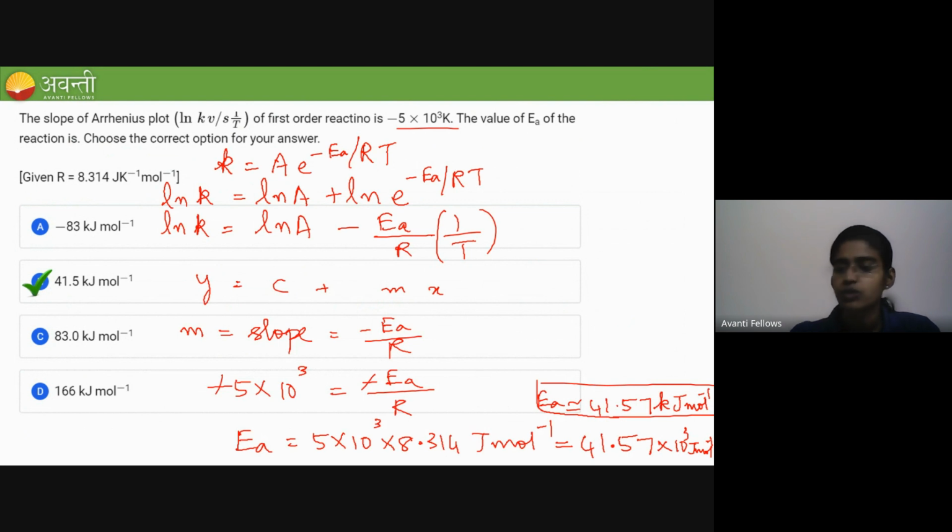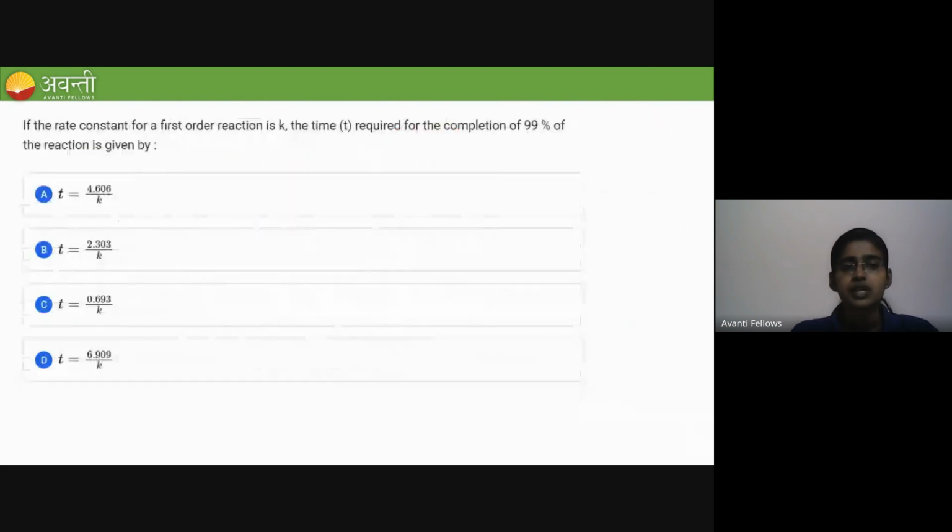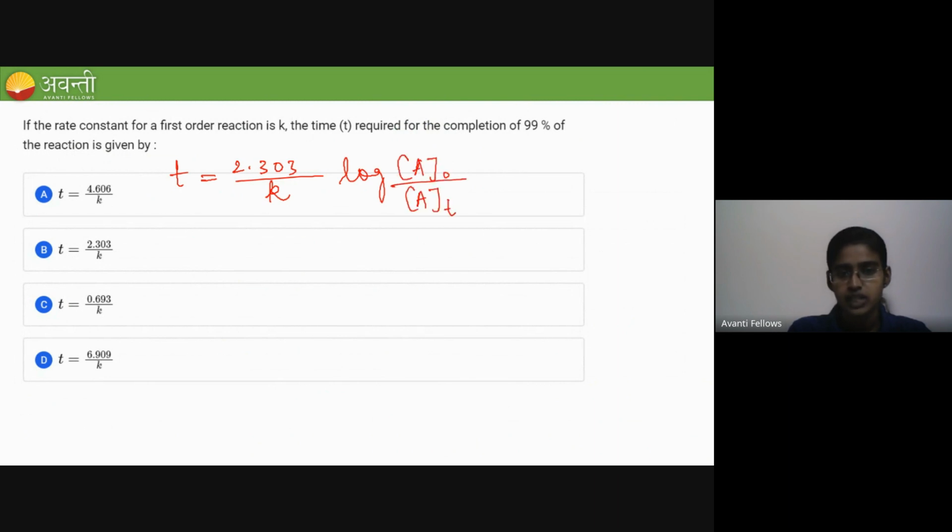Now let's move on to one more question. If the rate constant for a first order reaction is k, the time required for the completion of 99% of the reaction is given by? From the first order reaction and using the rate constant relation, t = (2.303/k) log of the initial concentration divided by the concentration of the reactant after some time t. Now for 99% completion of the reaction,